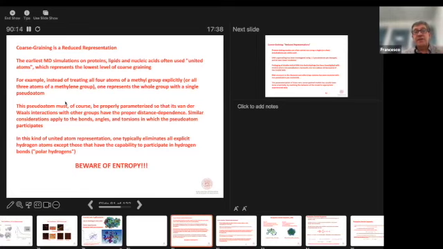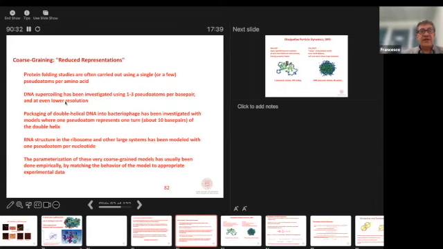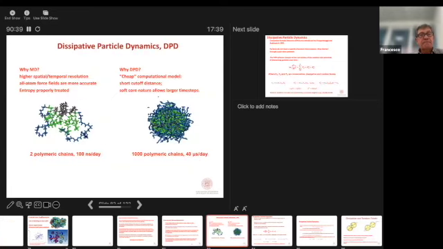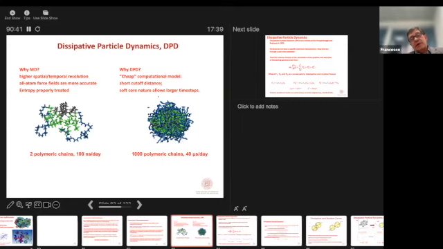And if they can be thermally populated, then they contribute to entropy. So we're losing entropy when we do that. So we have to be quite careful about what we do, because otherwise, if we want to represent the system properly, we need to have a proper description of the free energy, and of course the free energy depends on the entropy. So the method I advocate is using dissipative particle dynamics.